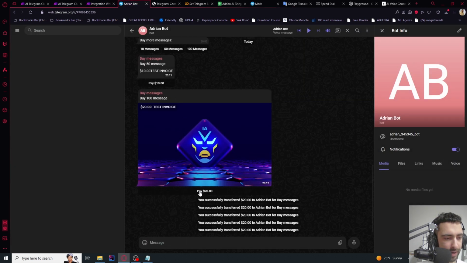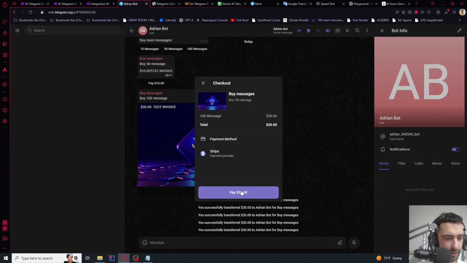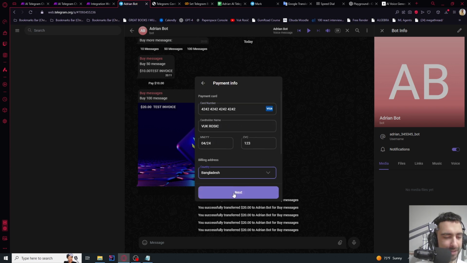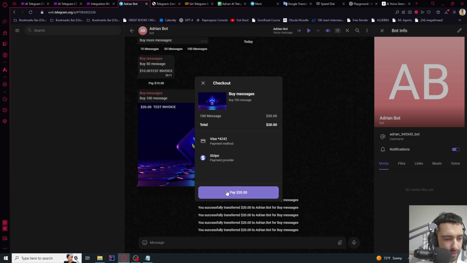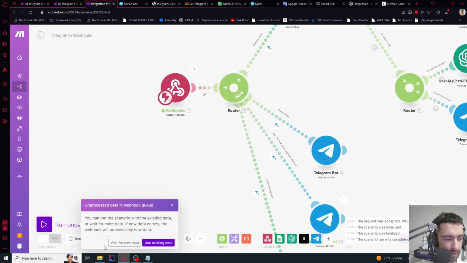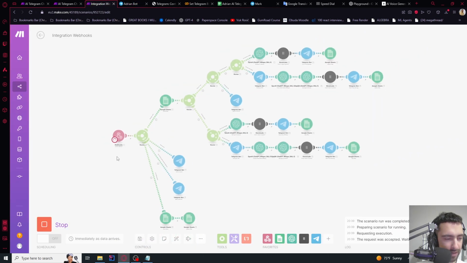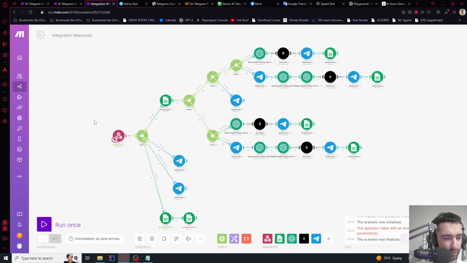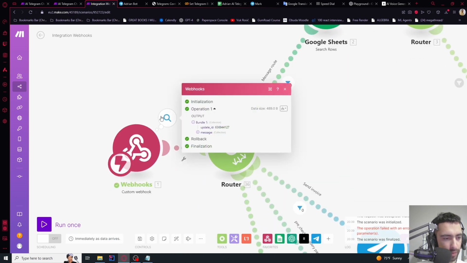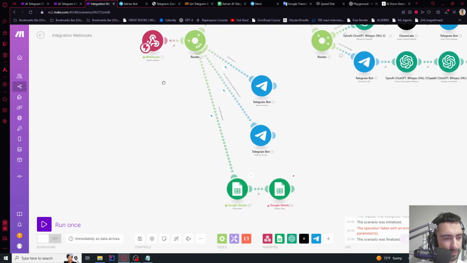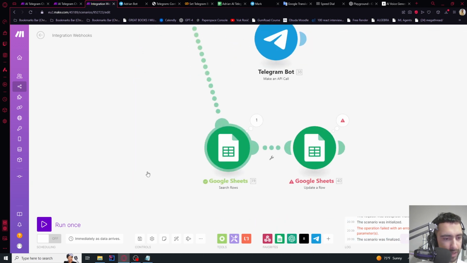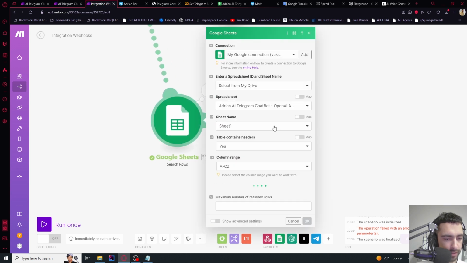So I'm gonna go ahead and make a payment. This is all test payments. So as I say make payment, when this stops, I need to quickly enable it again. But pay $20 and now enable again. And now it got successful payment as well. So here, this is the number 1 message, and inside the successful payment, that's what we need to have. And then go down this route, and here in Google Sheets, we're gonna